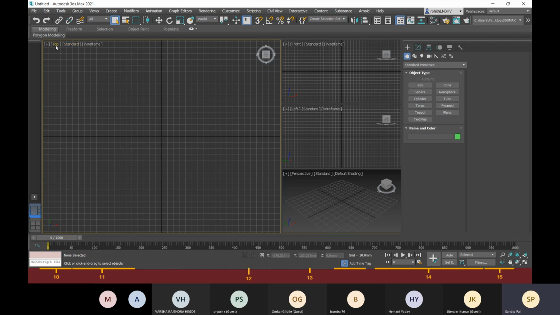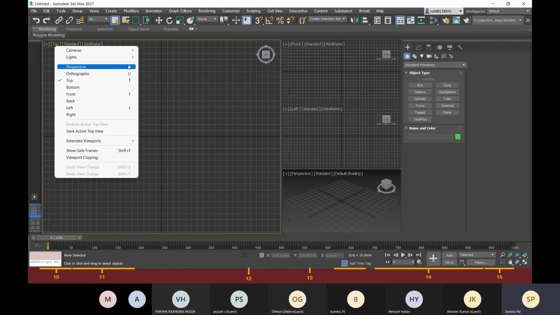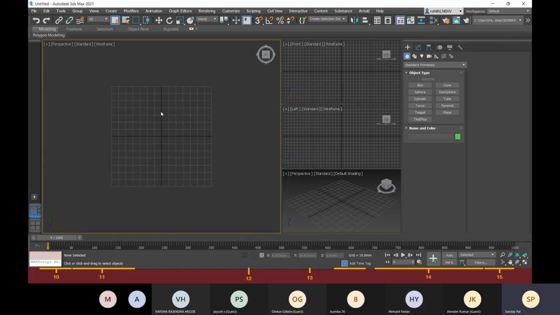Here also I can change the view, and you can see that these are the shortcuts. So I can change it to perspective. This is the perspective and this is the view cube. Right now I have changed it to perspective view, but in the view cube it is set to top, so I have to click on this corner, that will be southwest. If I need northeast or southeast, I have to click on the corner accordingly.